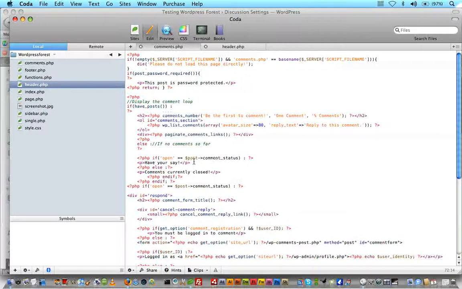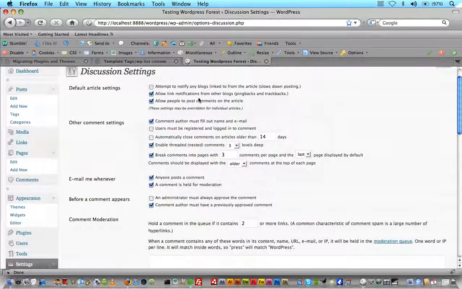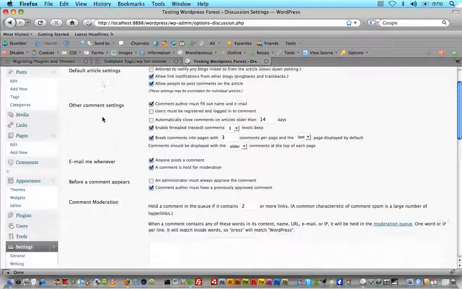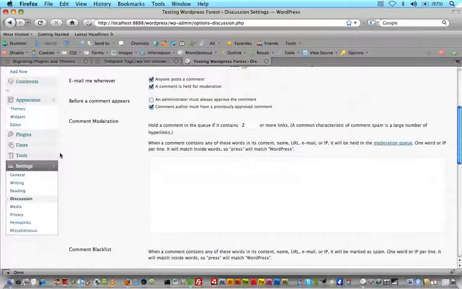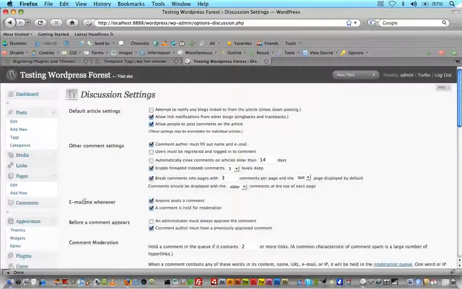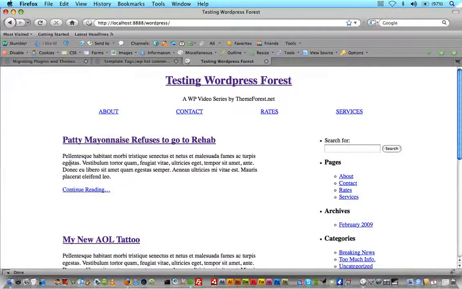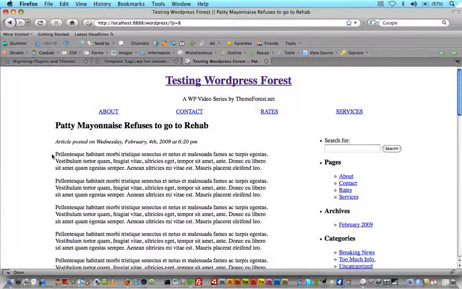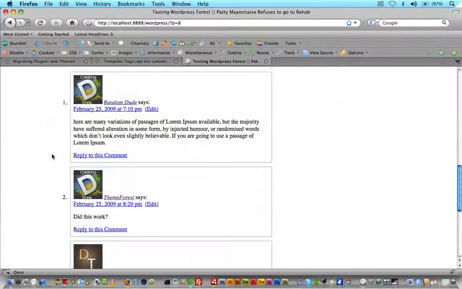Okay, so I guess let's go ahead and see if that worked. Oh yeah, another thing. You're going to want to go into your settings, your discussion settings, before you try this out. And you're going to want to enable threaded or nested comments and how many levels deep you want. I've set it to 3. And then go ahead and set break comments into pages with something really low, so you can see that your comment pagination is working. And we'll just go to our site, and we'll go to Patty Mayonnaise story, and awesome,